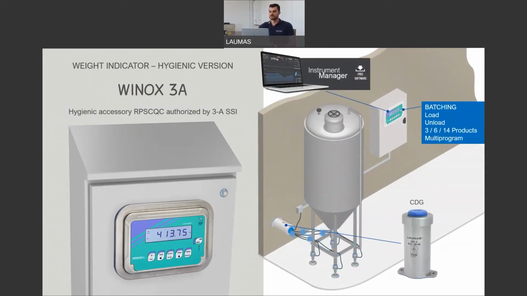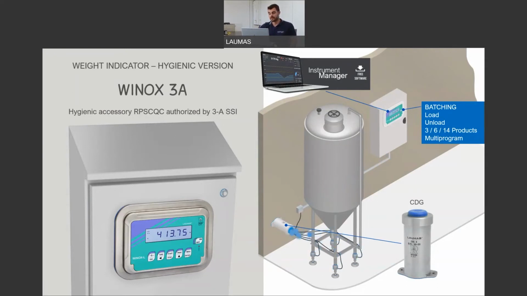WEnox is our standard weight indicator with a basic software, or you can also have it with batching software. As you can see in this slide, you can have the load and unload software, or you can also manage 3, 6, or up to 14 products in order to make formulas and batching. The WEnox can be configured with its keypad, or also, in this case, with our free Instrument Manager software,